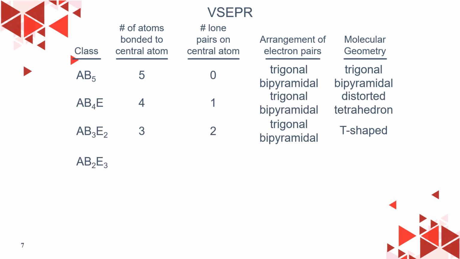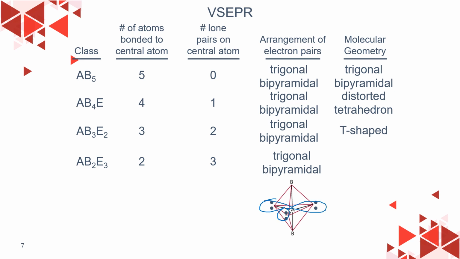Now, what if the lone pairs are 3 while the bond pairs are only 2? You can imagine these 3 lone pairs will repulse one another, and of course this will make the bonding atoms lie in the same part of space, so they will be linear. That is for the central atom with 5 pairs of electrons that could be attached.